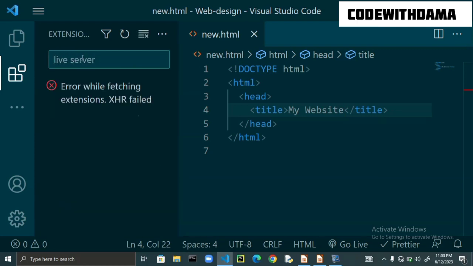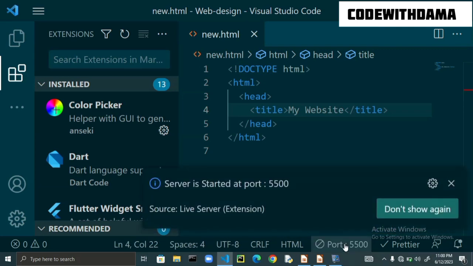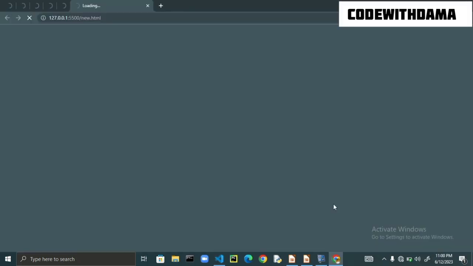Okay, you can use this to run your HTML file. I'm not connected to the internet, so it's having an error. I already have the Live Server installed, but you should know that if you don't install it from your extensions, you might not be able to run it. So if I click on Go Live, give it some seconds, and then our server starts,